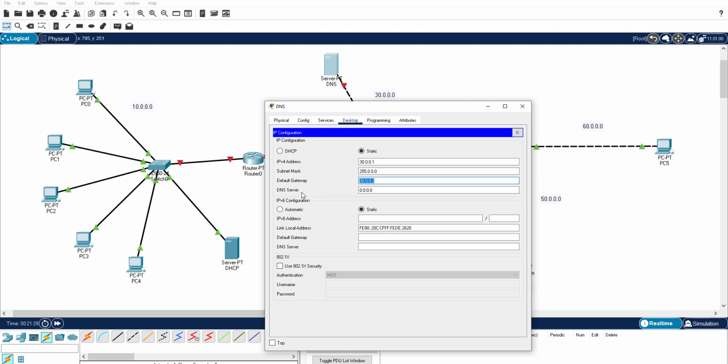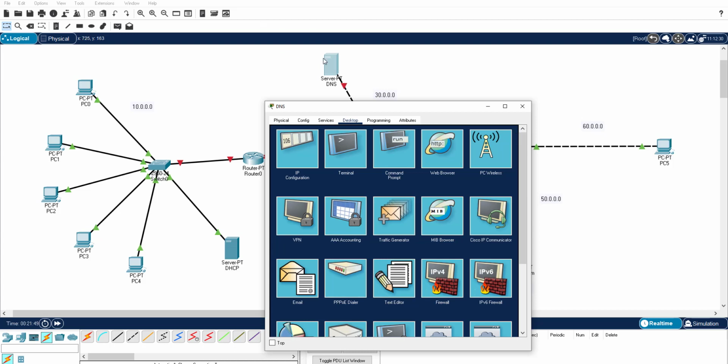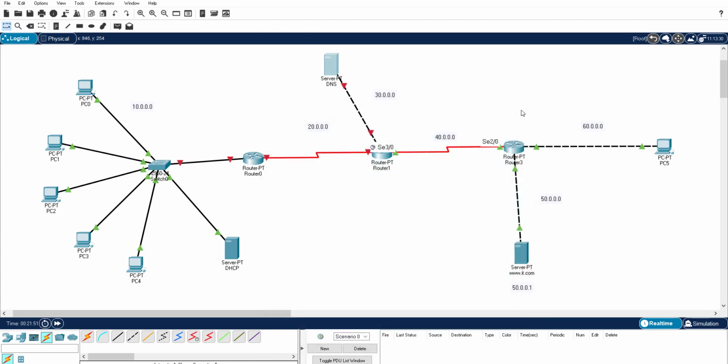Now the DNS server IP address. This is the DNS machine, and the same machine is going to act as the DNS, so let it be 30.0.0.1 as the DNS server IP address. Now the IP configuration is over for the DNS machine.